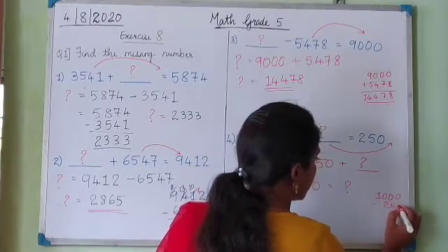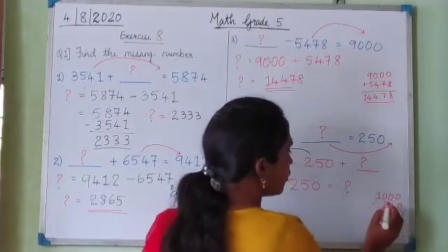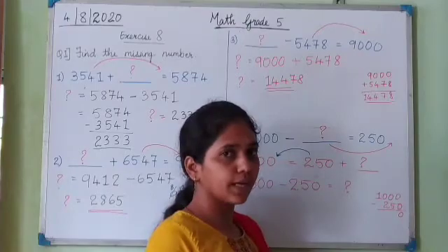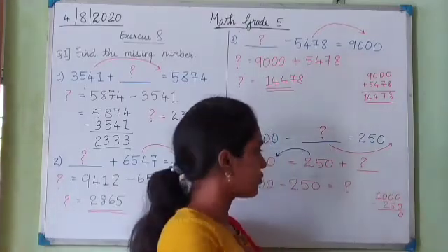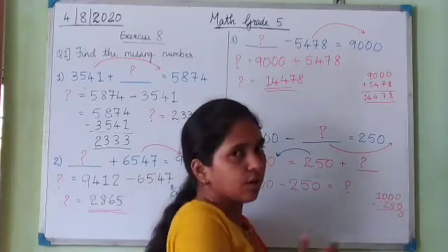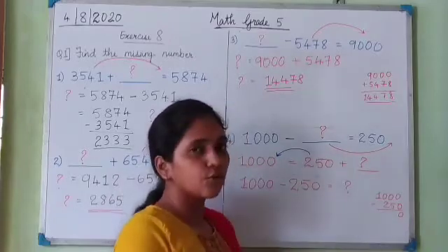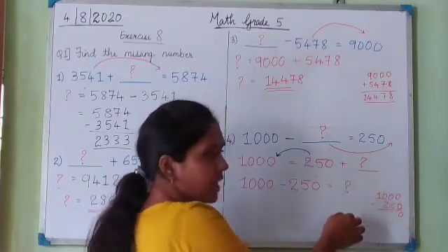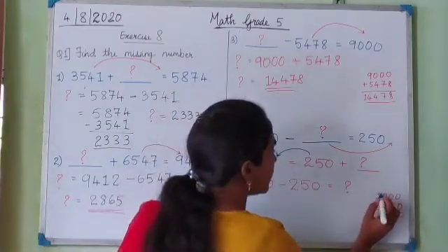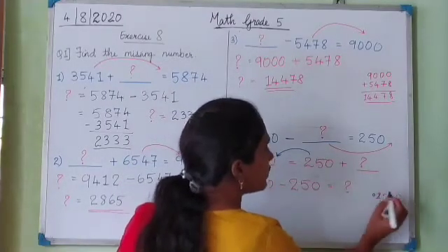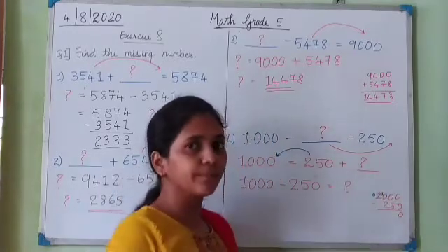So how do we subtract this? 0 minus 0 is 0. Now 0 minus 5. We cannot minus 5 from 0. So what do we have to do? We have to carry 1 from the previous number. But the previous number here is also 0. So 0 doesn't have anything. It doesn't have 1 to give to this 0, right? So what will it do? It will go to the next number and carry 1 from the next number. So this 1 will give 1 to this 0. So this will become 0 and this number will become 10.